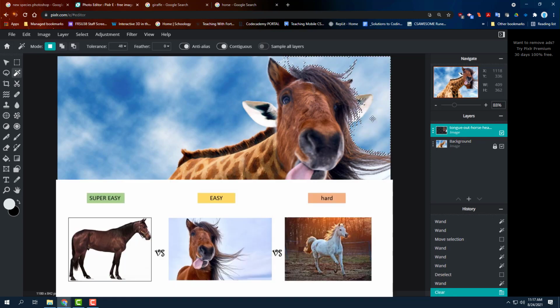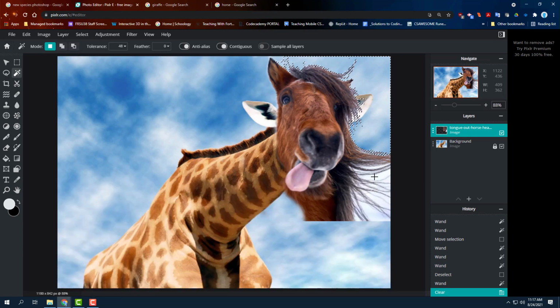This magic wand only works if your background, remember your background is kind of plain. And if you don't have a picture that has a plain background, you might have to choose another picture to benefit from this magic wand tool. So you could delete your layer, get another, add layer URL, and start over a little bit, and you should be good. So I'm going to continue on deleting my